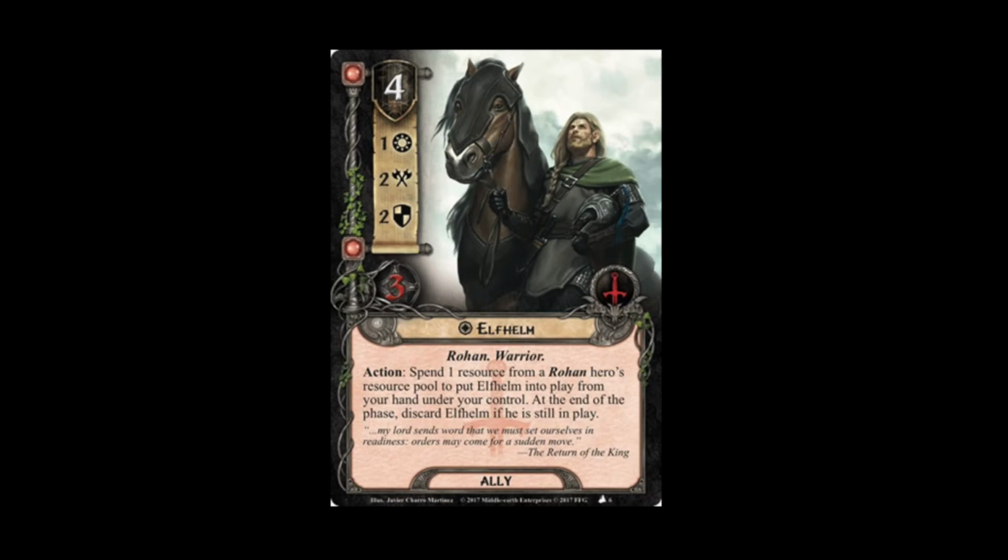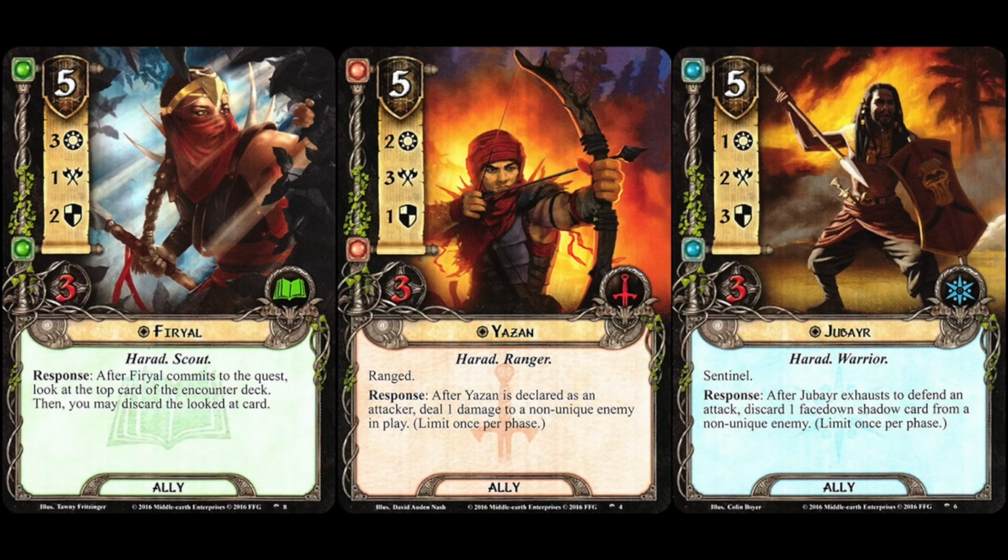As we were saying though, I'm not sure I'd ever want to pay the 4 for him, because I feel like if you get into the territory of high-cost allies, for me, they need to be specialized. Like, they need to be doing one thing, and they need to be doing it really well. Point of comparison being the Harad allies from the Haradrim cycle. They cost 5, but you've got Firiel questing, Jubair defending, and Yazan attacking, and they're really good in their respective